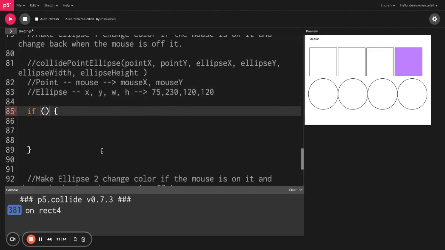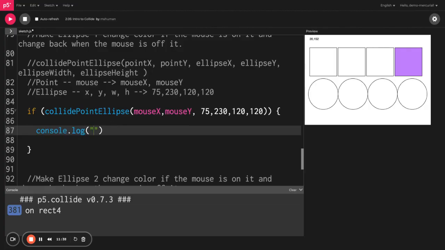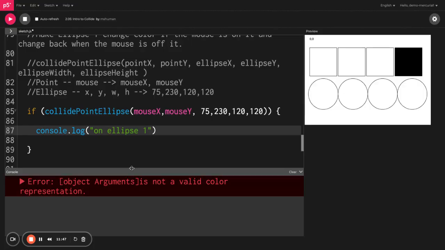So inside these parentheses, I'm going to try collide point ellipse, mouse X, comma, mouse Y, because the point, and we said our point is our mouse. And now I'm going to give the information 75, 230, 120, and 120. And I'm going to console.log on ellipse 1. So now, if I go ahead,